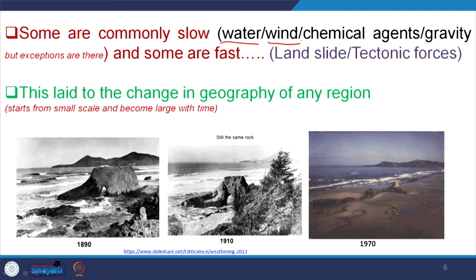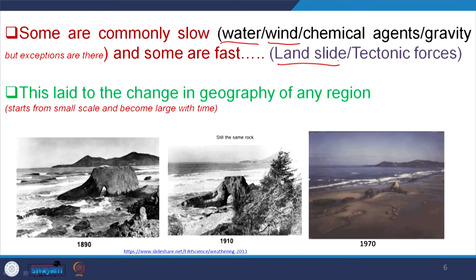Similarly, wind erosion is a slow process. To peneplane a system, the wind takes millions of years, but exceptions are also there. There will be dust bowls, dust winds that will create huge sediment within a minute or second. Similarly, chemical agents are a slow process. Gravity, though a slow process, sometimes has landslides and gravitational failure, and within a minute it will change the topography. The whole topography can be changed within a minute or an hour.